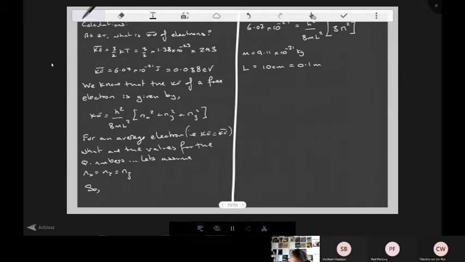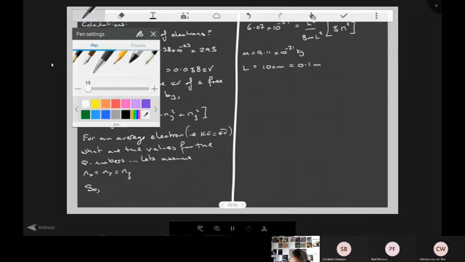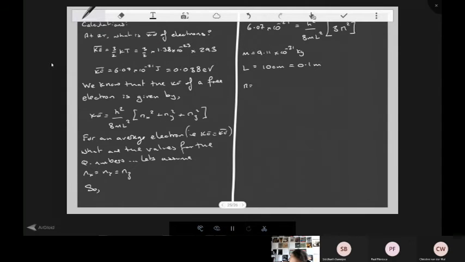So n equals, I'm going to put a square root around it in a minute. I'm just working it out for n squared. 6.07 times 10 to the minus 21 times by 8 times by 9.11 times 10 to the minus 31 times by 0.1 squared, divided by,